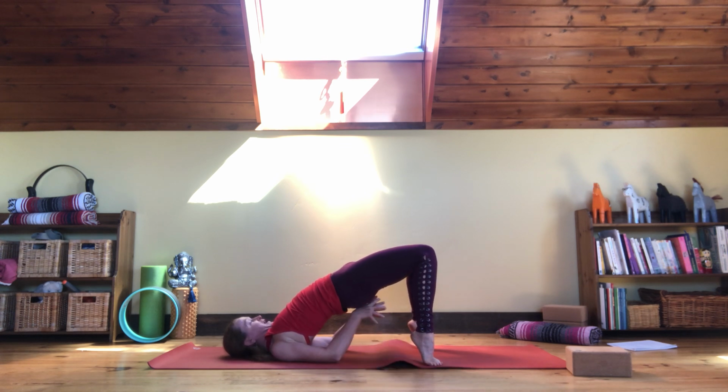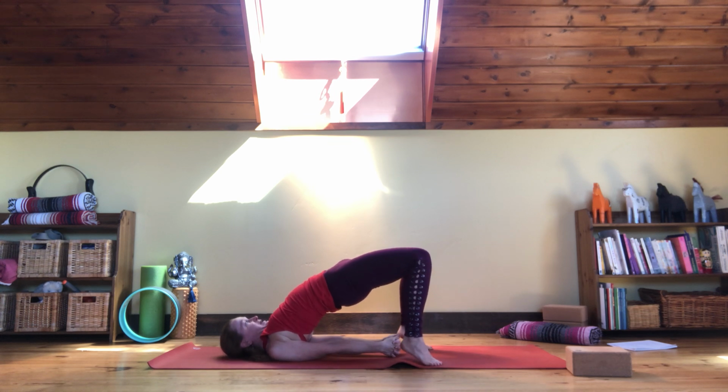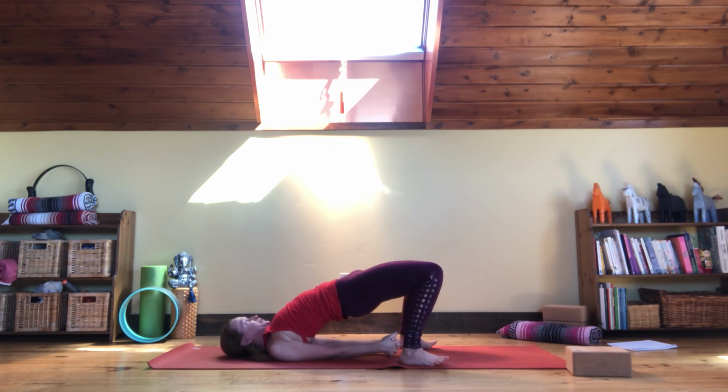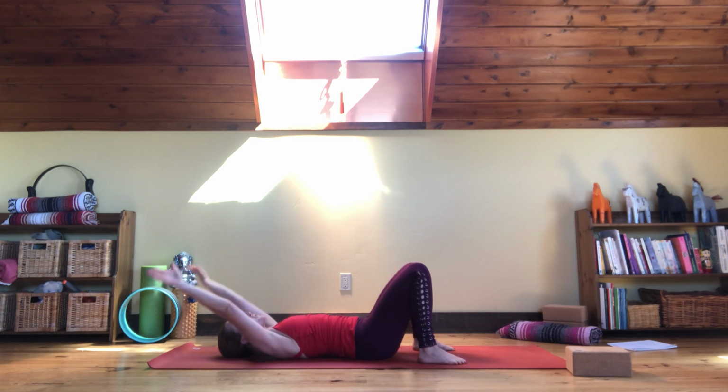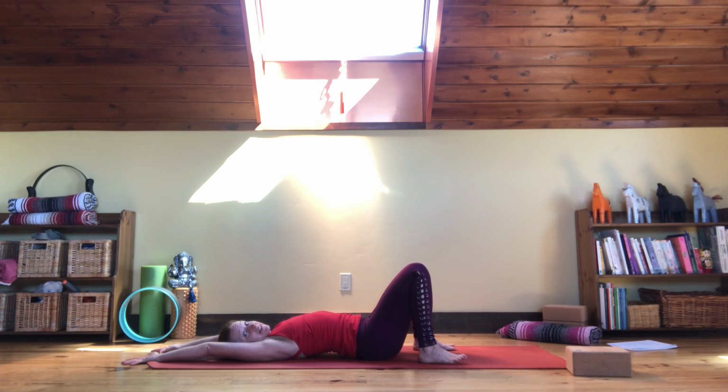You can take your hands behind you, underneath you, interlace your hands, maybe put your feet back down, and exhale, release, take it all the way back. Sweep the arms over the head. You can stay here. You can take the block underneath your hips, underneath your sacrum, or you can go further and take it into